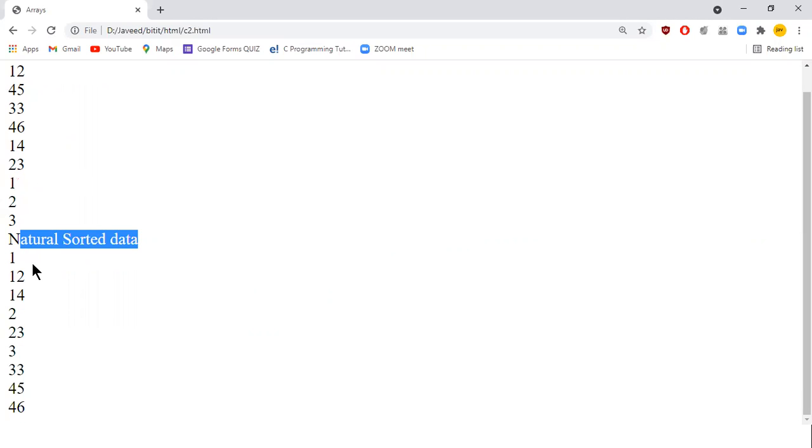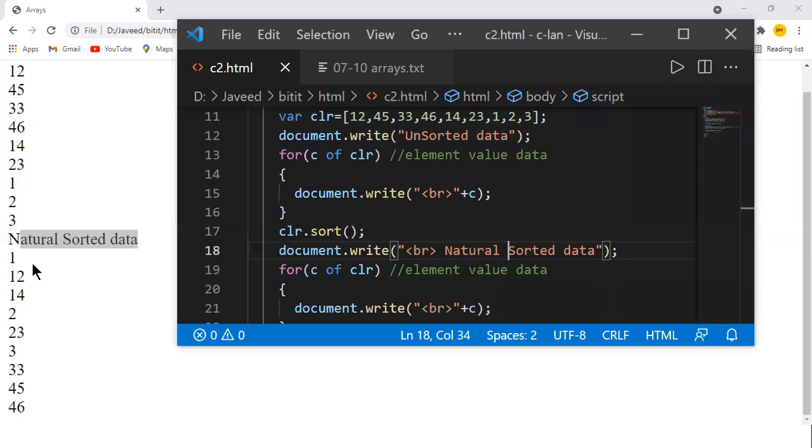It is not considering them as numbers. Instead, it is considering them as strings and then doing the sorting. So the number starting with 1 is printed first, 2 is next, 3, 4, and so on. It follows the natural sorted order using the string concept.